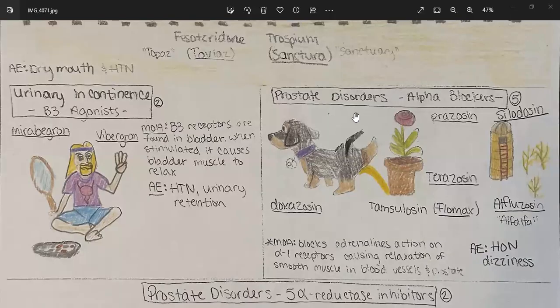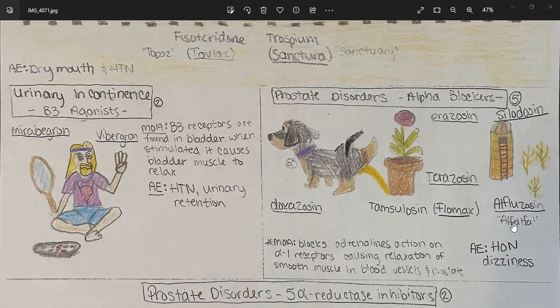So the drugs, we have a dachshund here. He's peeing on a plant. So dachshund is for doxazosin. He's peeing on a terracotta pot. So terracotta for terazosin. This is like a primrose plant, primrose for prazosin. And then he is flowing to the max for Flomax or tamsulosin. And then here are our 2 new drugs. We have a grain silo for silodosin, and then some alfalfa plants growing for